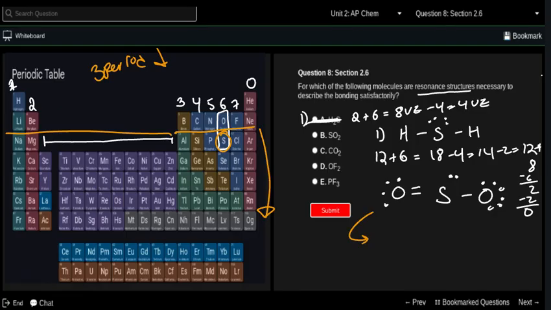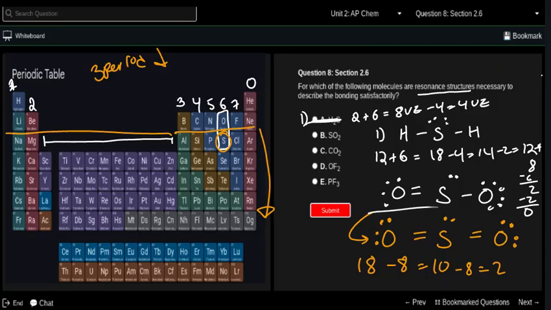The way we can draw this is, again, let me just draw this. I can add another pair between the S and O, right? So I'm going to have 18 minus 2, 4, 6, 8, so that's 10. Oxygen is going to keep its normal octet, right? It's going to have 4 more valence electrons, so 2 more lone pairs, so it's going to have 8. So I have 2 left over, but since we know that sulfur has the expanded octet rule, we can just give it 1 lone pair. So that's a resonance structure, and once you start learning more, you'll know that this is a dominant resonance structure, but that's not really the question. So the correct answer would just be